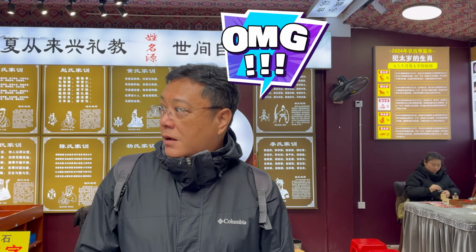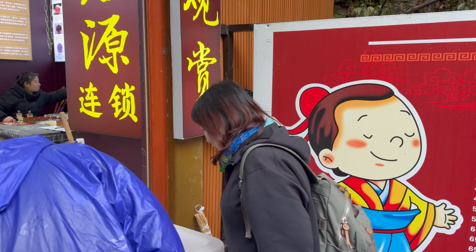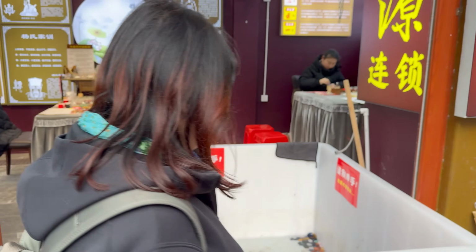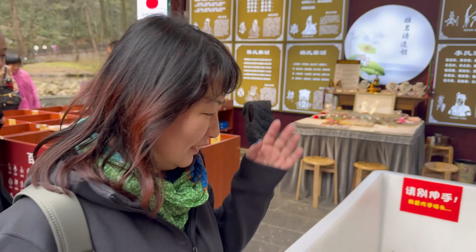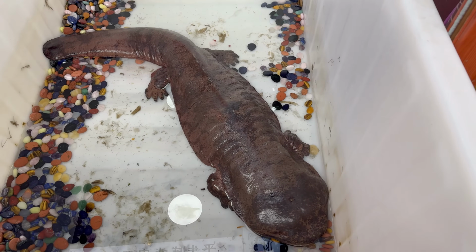Baba. Just see. Baba. Oh my goodness! What do you see? A giant salamander. The stream is also home to the rare Chinese giant salamander, which happens to be our dinner